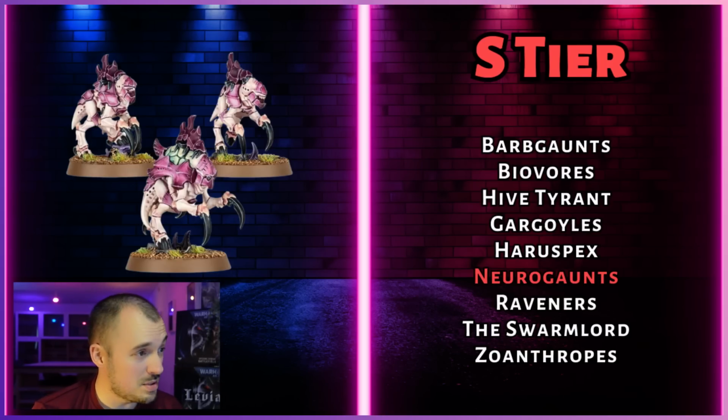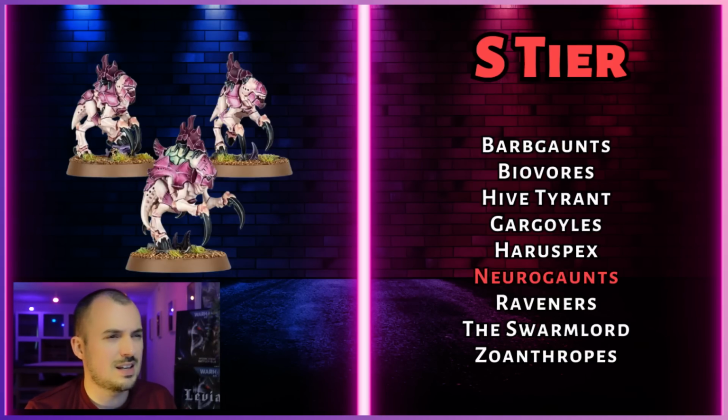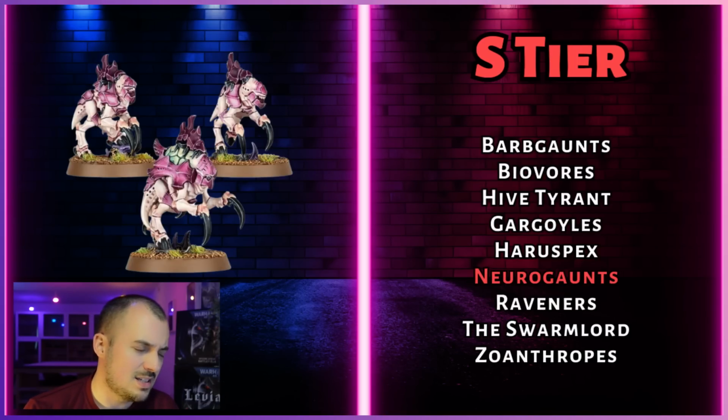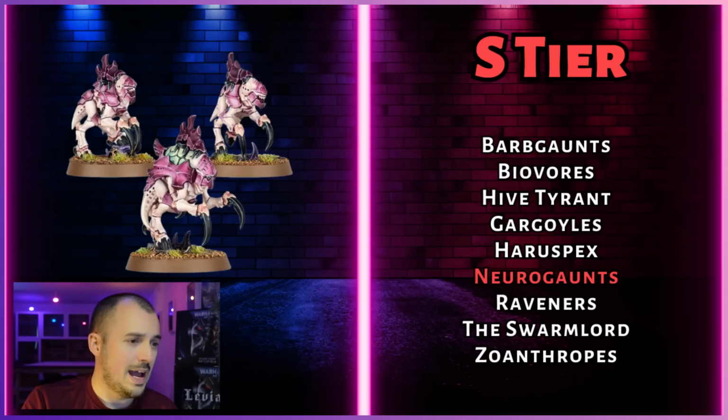They're providing synapse, which is quite nice, as long as they're within synapse. So they're just giving you an extension to your synapse. But realistically, they're a screen, a dirt cheap screen. They're also going to be an action unit. They could be, but yeah, realistically, they're screening off your things like your exocrine, your Tyrannofexes, even your zoanthropes. You don't want them getting caught in melee. They're doing the actions, they're doing the screening, deep strike as well in your own deployment zone, and providing some